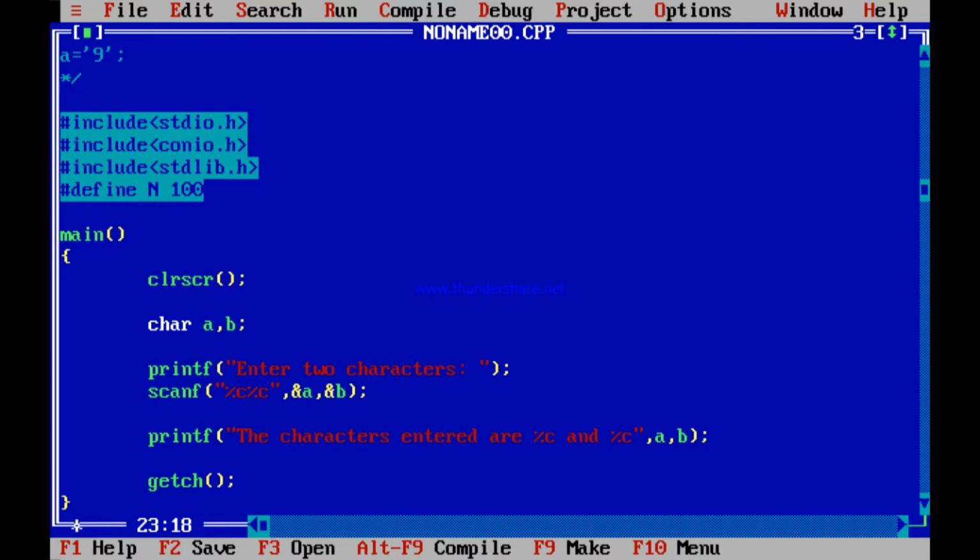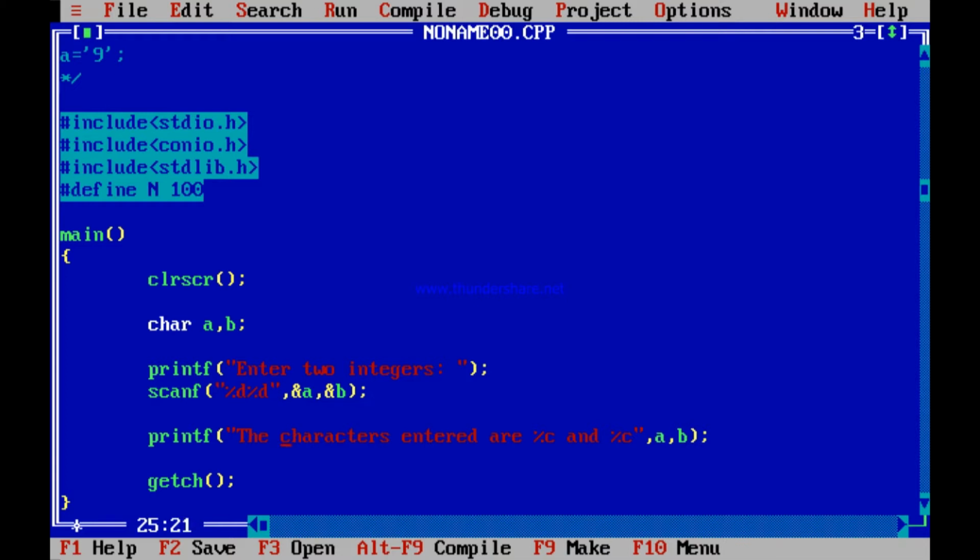What is that? See, had it been an integer, you differentiate the two integers by either a space or an enter. I will give you the example. Like over here, had it not been characters but integers, enter two integers, you would have scanned it as %d and %d.